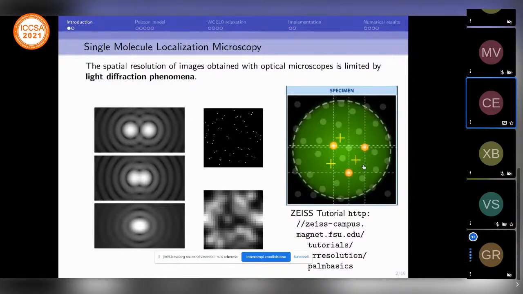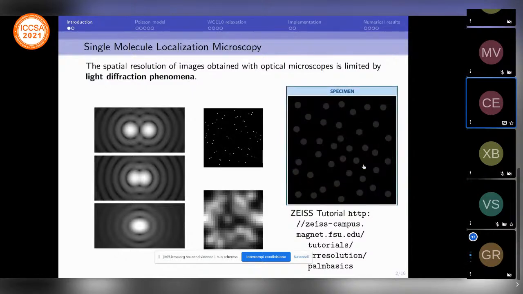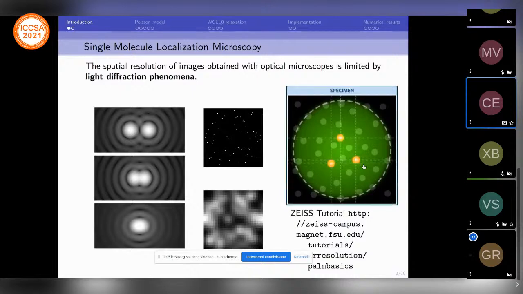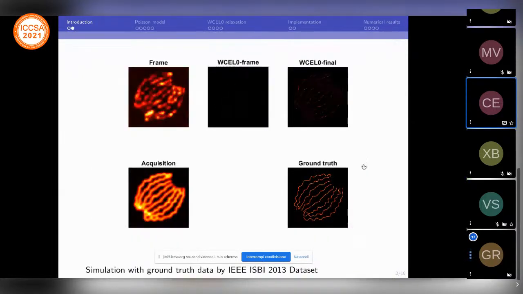So as you see here, just a small number each time of laser emission can be detected. So by repeating, by illuminating at different times with a laser beam a small portion of the protein, we are able to locate the single molecules, and then by taking all the single acquisitions we obtain an image which is sub-diffracted,